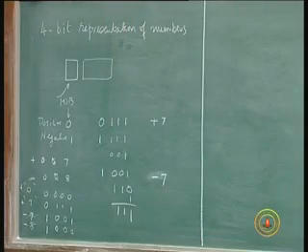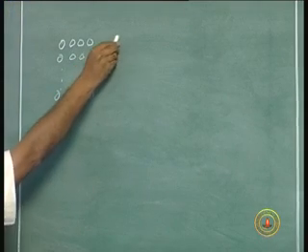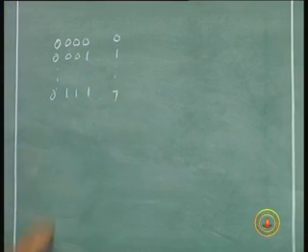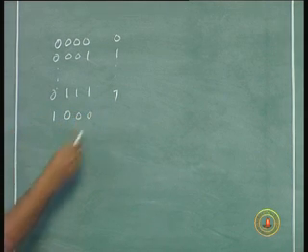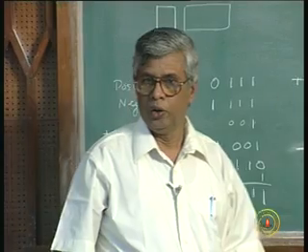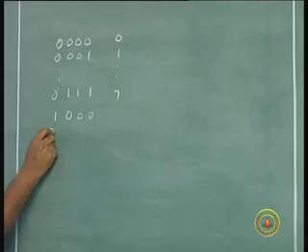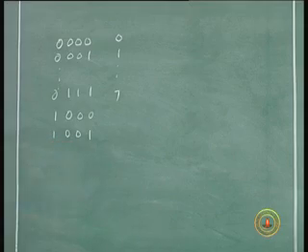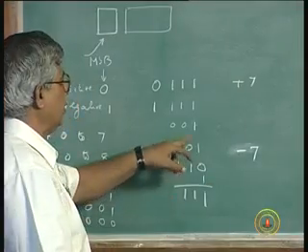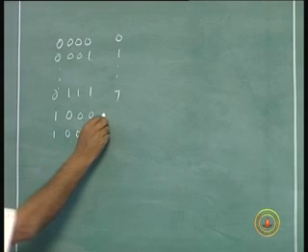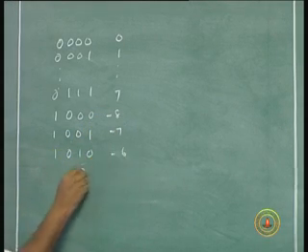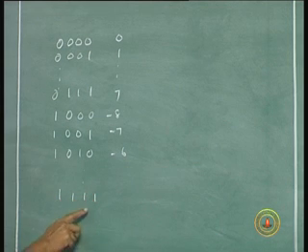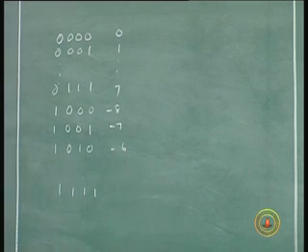You start with 0 0 0 0, then 0 0 0 1, this is 0 1 7. What is the next number? No, 8. What is this number? Minus 8. This is minus 8, minus 7, minus 6. This will be what? 1 1 1 1,